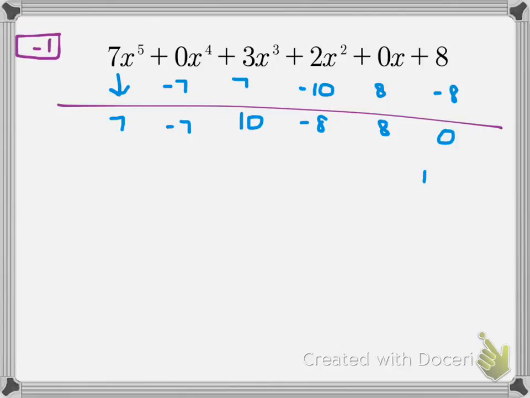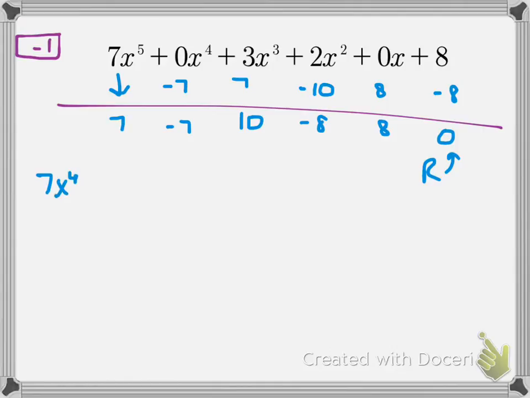So again, remember that this part here is your remainder. And if you get a remainder of 0, that means that it was able to divide into it evenly. So what that tells us is that x plus 1 is a factor of this polynomial. But in terms of what 7x to the fifth and 3x to the third, 2x squared, and 8 divided by x plus 1 actually equals,